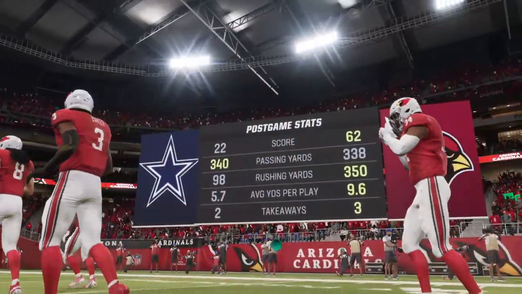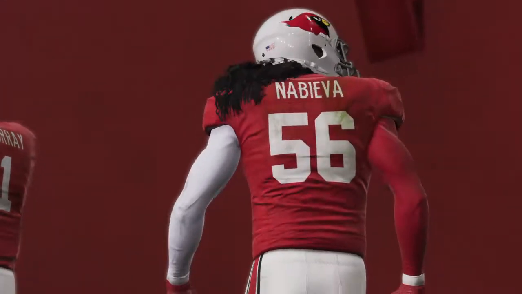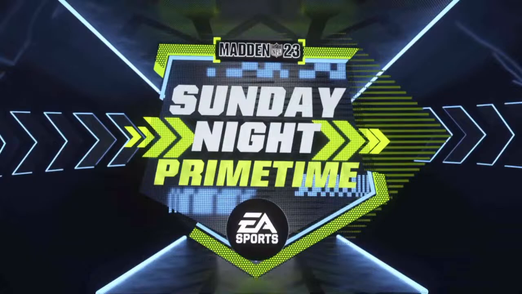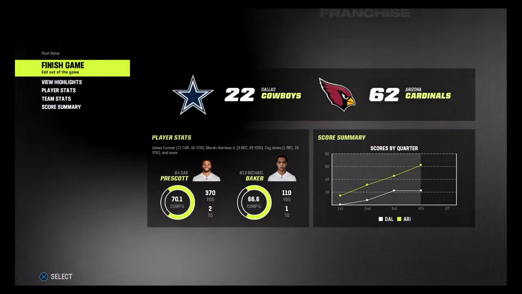So for the Cardinals, they move ever closer to the perfect regular season as they run things to 14-0. And they will hit the road next week to take on the Los Angeles Rams. Meanwhile, for the Cowboys, they'll drop to 10-4 on the year. And they'll be